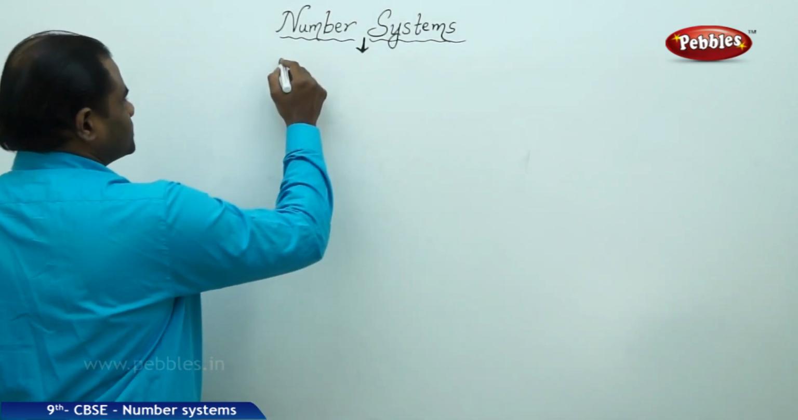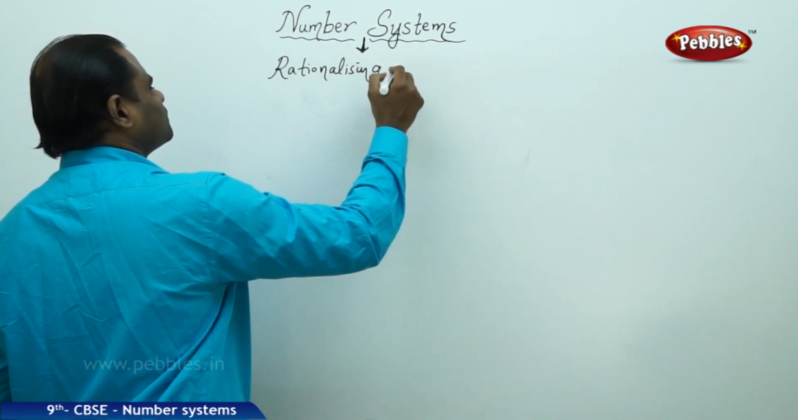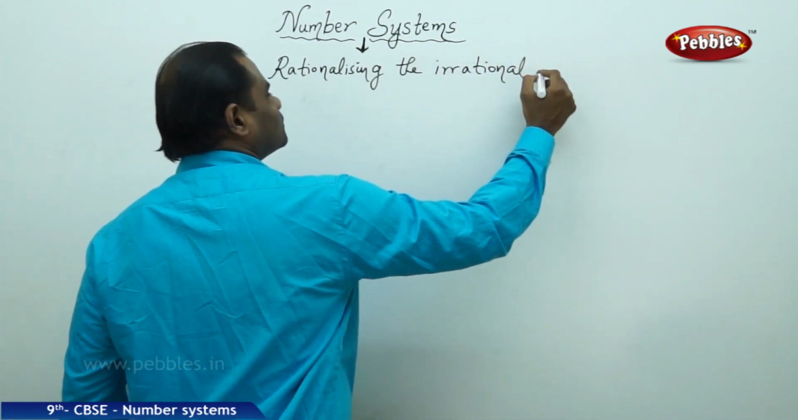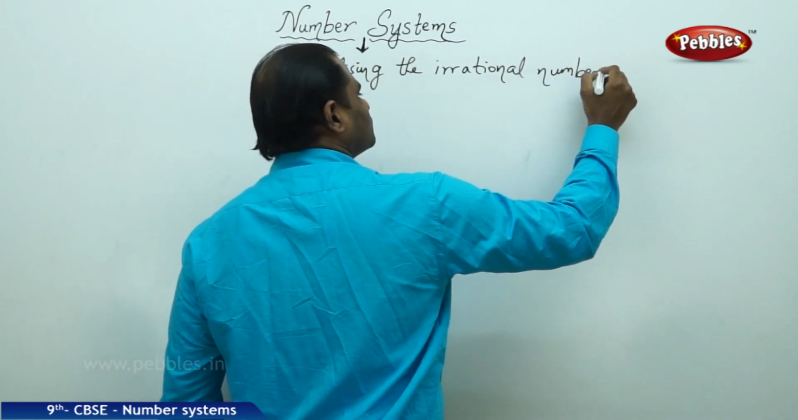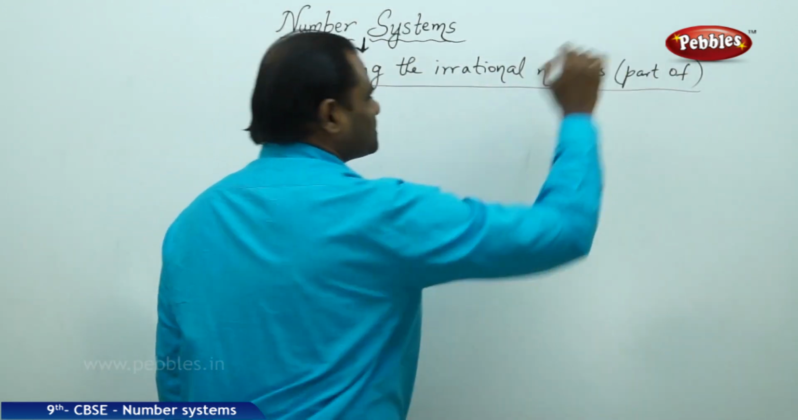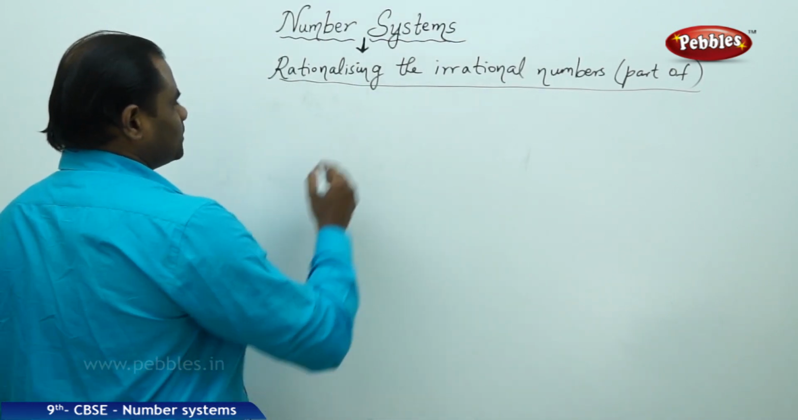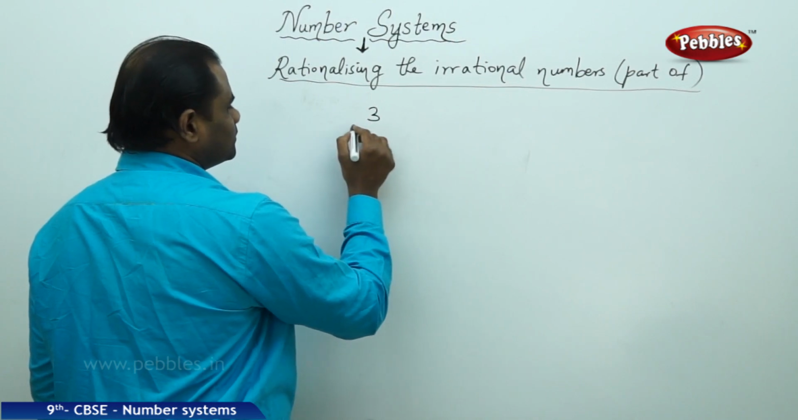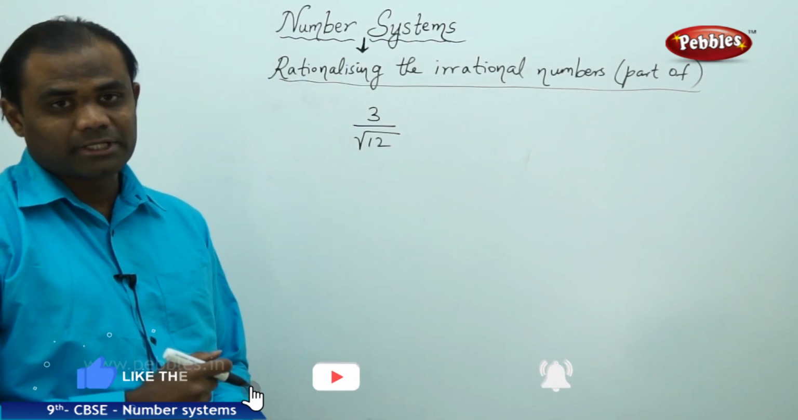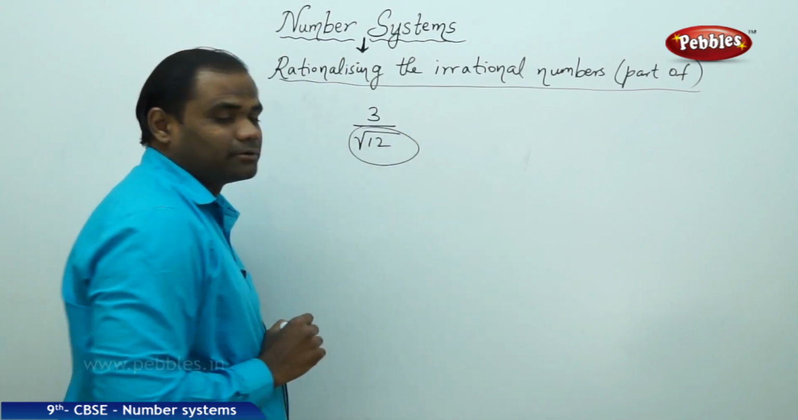So the concept here is rationalizing the irrational numbers. Part of. Let's see how this can be done out there. So for example, I have a number 3 by root 12. And I would like to rationalize this denominator because my denominator is an irrational number which I would